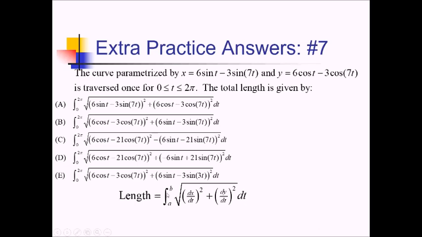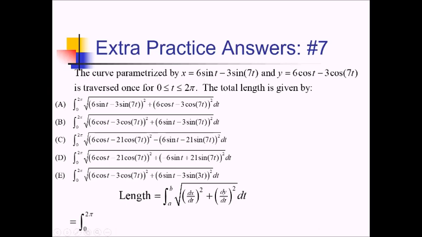So let's see here. Our interval is going to be 0 to 2 pi. So I have the integral from 0 to 2 pi. And I'm going to have a square root of a whole bunch of stuff with a dt outside. So I need to take the derivative of x. That's the first thing in there. So we've got our x right here. This derivative now, going from left to right,